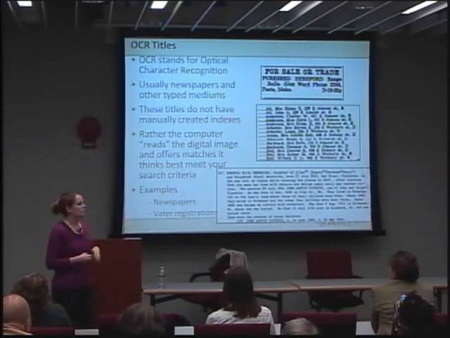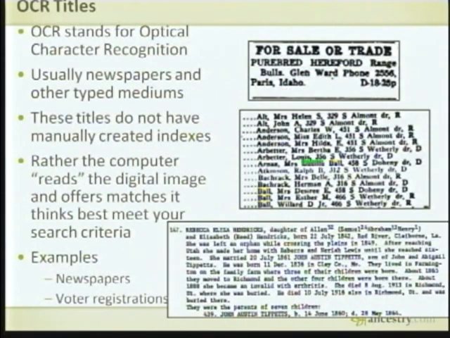The next grouping, which there aren't necessarily any NARA records of this grouping, but it's good to have, I want to explain this as well. The OCR, which stands for Optical Character Recognition. Basically, when you type in your ancestor's name, John Smith, Ancestry goes through and reads textual documents. So this is usually with textual things. It reads the text and it brings back the closest matches. We don't index newspapers and other things like that. It would be too much.